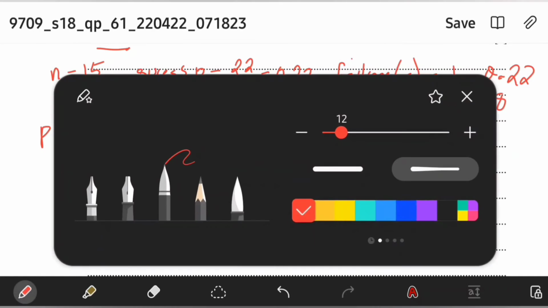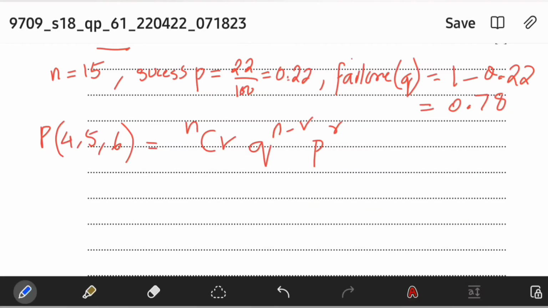So let's write it. So n is 15, C r would be 4 firstly, and then Q, which is 0.78, to the power 15 minus 4, which is 11, and 0.22 is P, which is to the power 4,